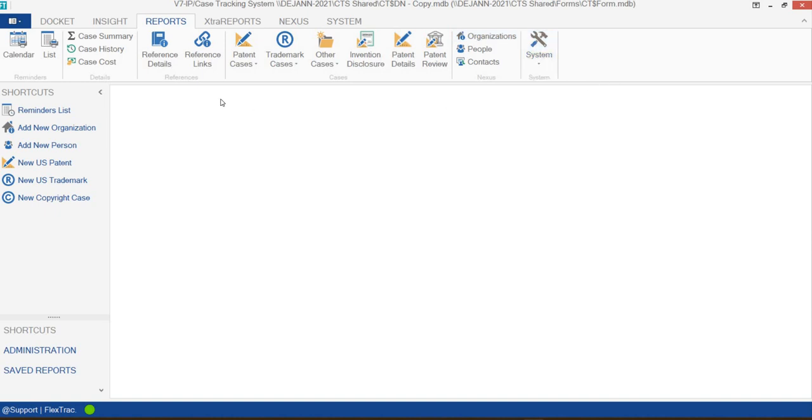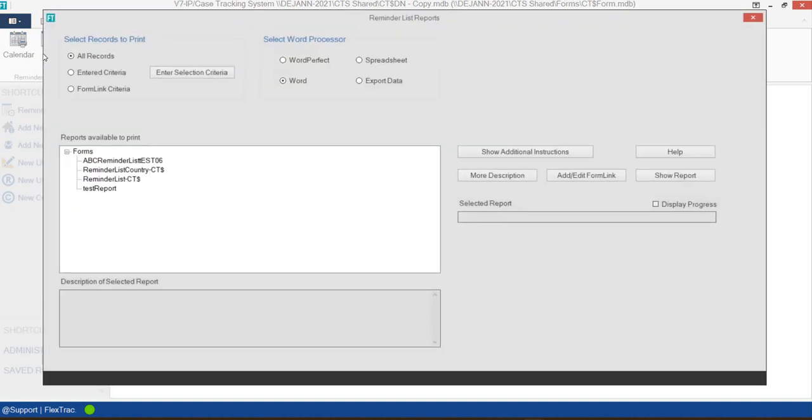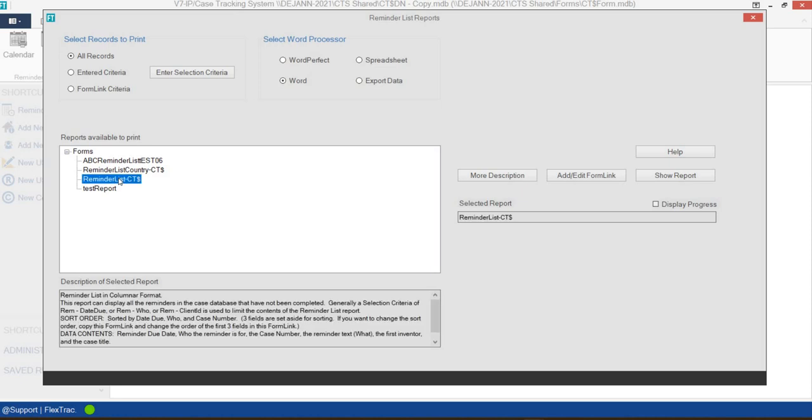So let's go ahead and run one of the forms that are already in CTS. Let's click on list here. And we can run a reminder list report. First of all, let's go ahead and run the general reminder list report. So if you select the report here and you click on show report, it will actually run a report for